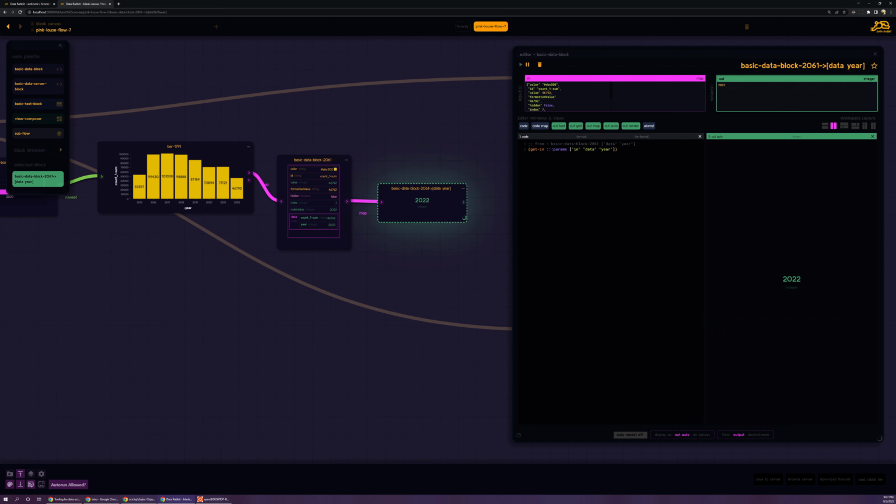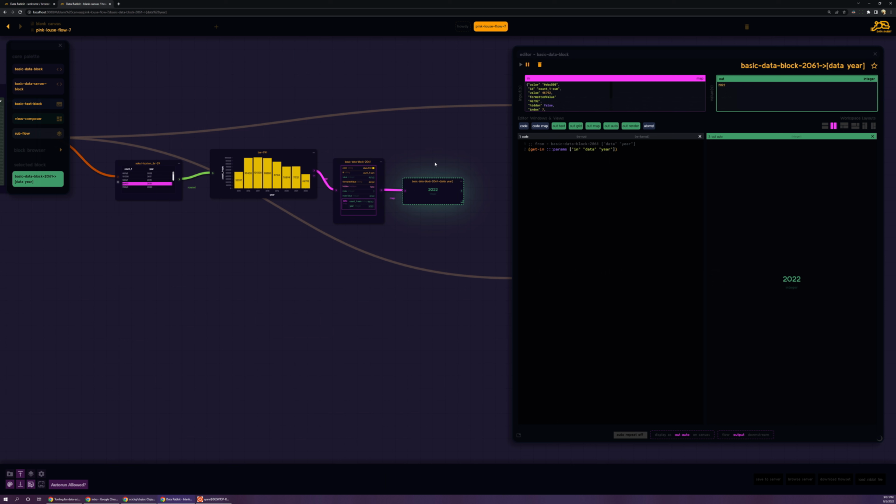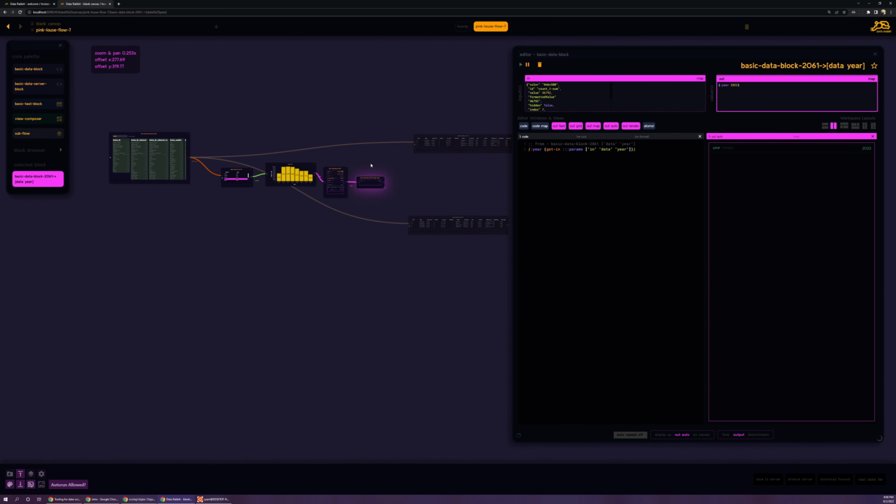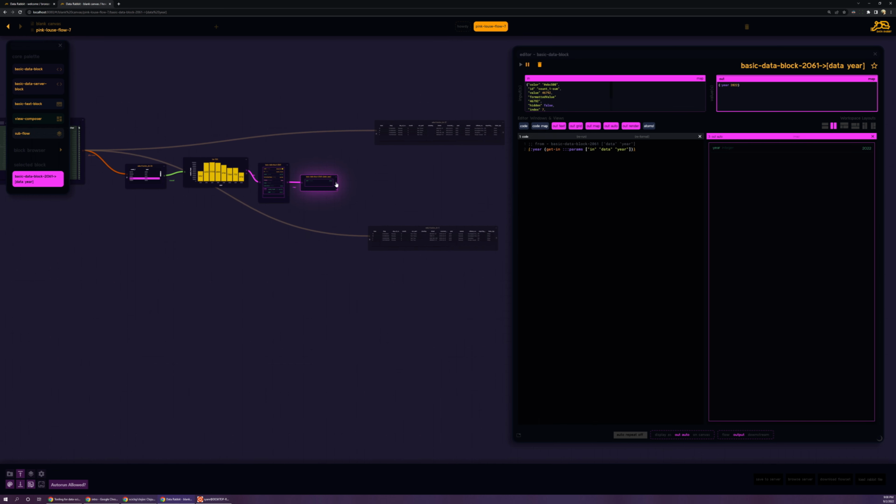Unfortunately, I do have to do some typing here because I'm going to feed this 2022 back into a ClickHouse query, and it has to know what the name of the field is, right? So I'm just going to make this a really quick map, and I'm going to say year. All right, so now it is year 2022, and I change it, and it should change 2018, 2017, 2022. Okay. Cool. And that's important because what we're going to do now is I'm going to take this year is 2022 and feed this into the parameters of both these queries. I haven't touched these queries yet, but they should start reacting